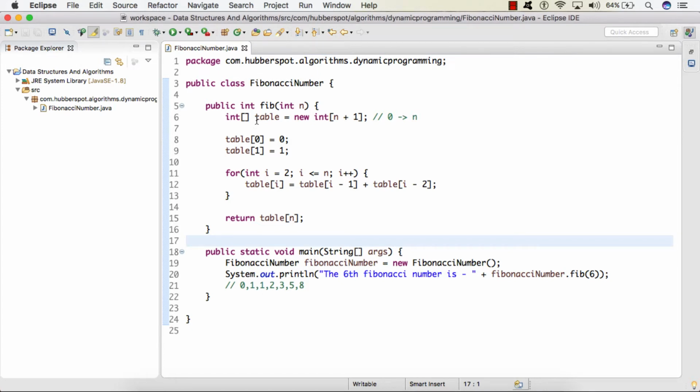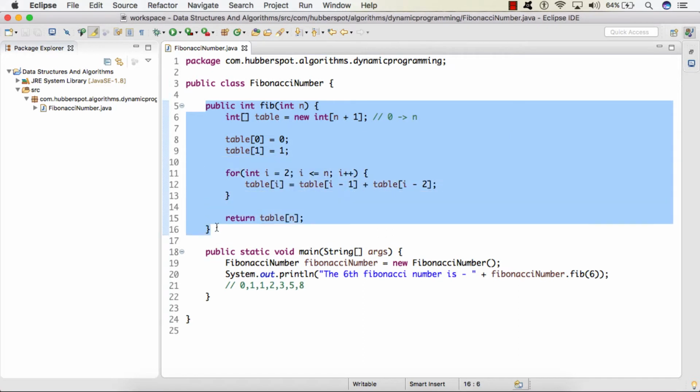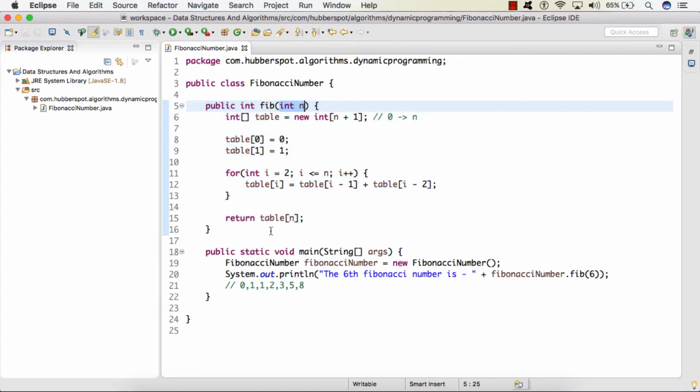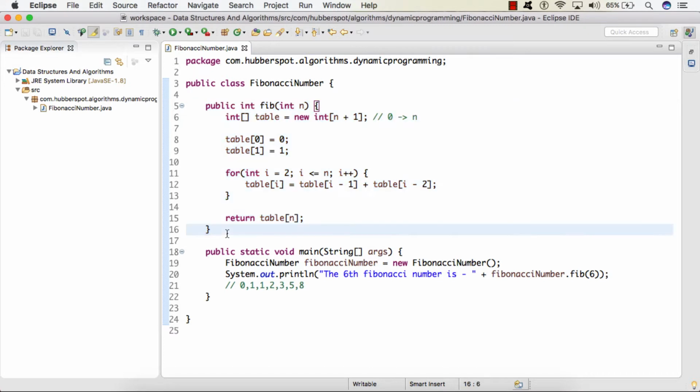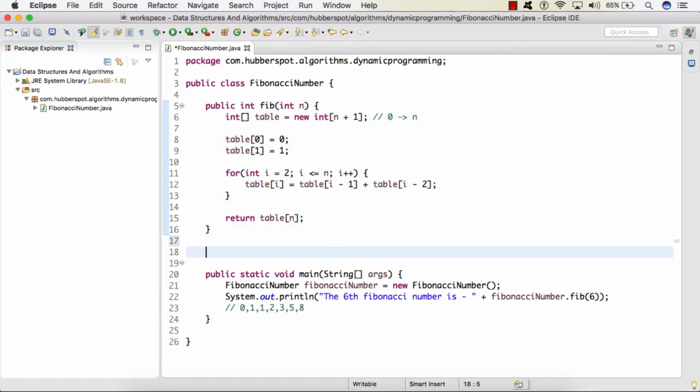So here in Eclipse, you can see that few lectures back, we saw the bottom-up approach, and this approach is also a method in dynamic programming. So in this lecture, we'll see the top-down approach. So first we'll create a method which will return us back the nth Fibonacci number, which is an integer, and let's say the name of the method is fib.